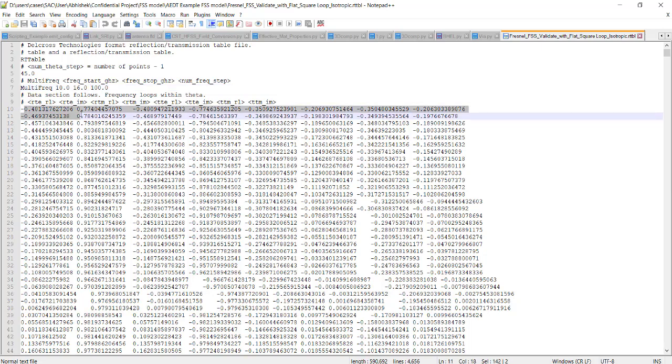There are 8 columns. This is the reflection of TE mode in real, and this is the reflection of TE mode in imaginary, reflection of TM mode in real, reflection of TM mode in imaginary, transmission of TE mode in real, transmission of TE mode in imaginary, and similarly for the second mode.